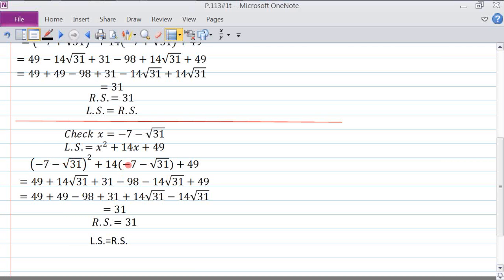Then 14 times minus 7 is minus 98, and 14 times minus root 31 is minus 14 root 31, and this is 49. So again, I collect all the numbers, 49 plus 49 minus 98 plus 31. So again, these sum to 31, and I have a plus 14 root 31 here, and a minus 14 root 31, which sum to 0. So that gives me